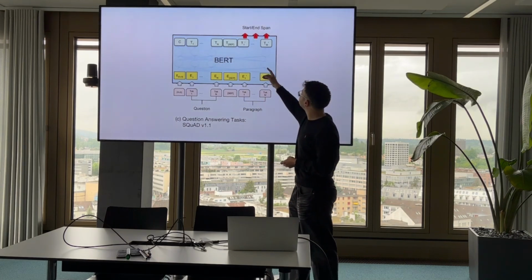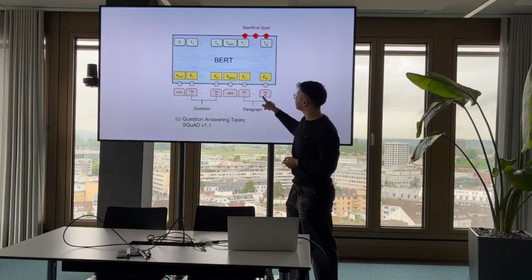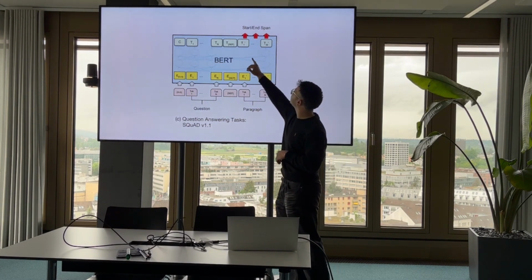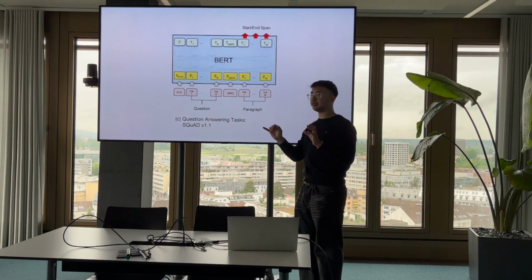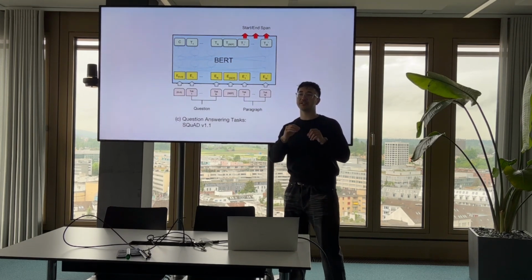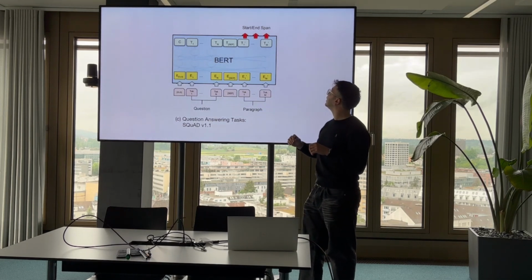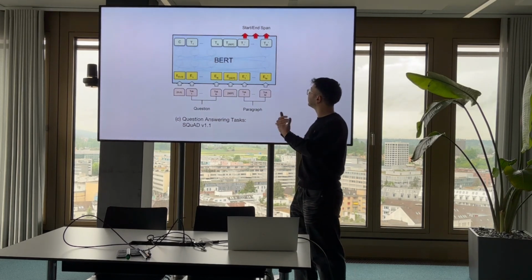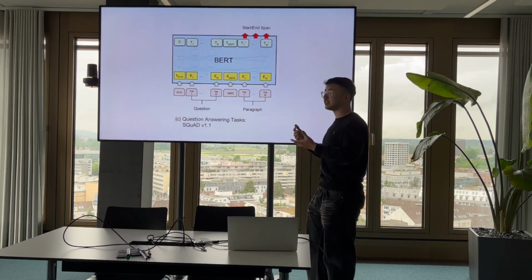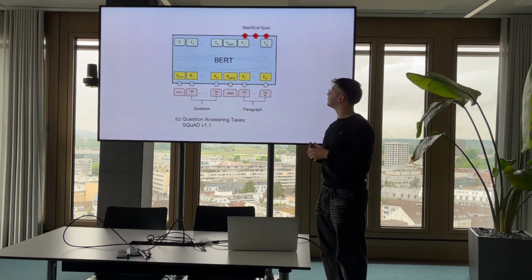We look at where in the paragraph the specific answer is. For each token in this paragraph, you have a classification of whether it is the start or the end token. This is very nice because, as I said, BERT is very flexible and can learn a lot of